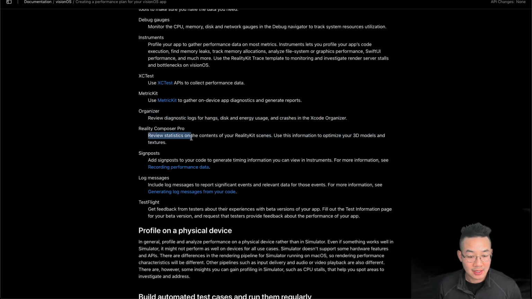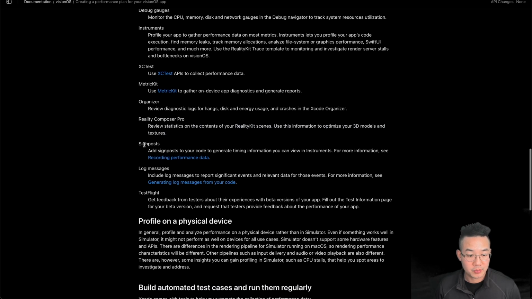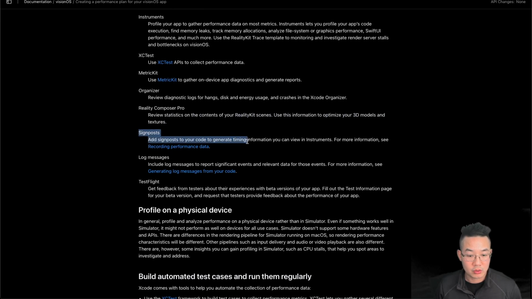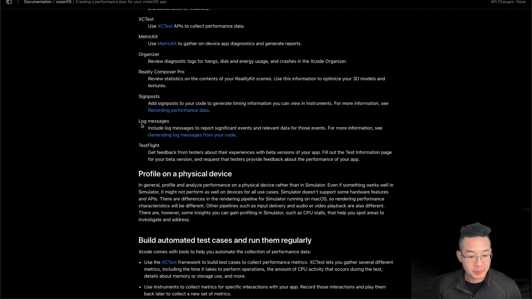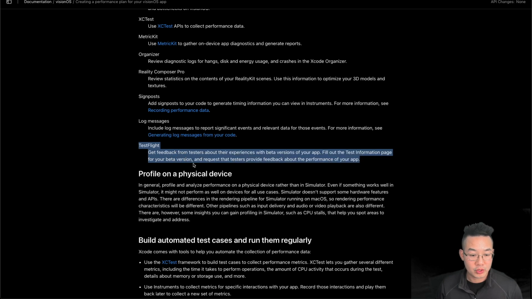Review statistics on the content of your RealityKit scenes, using this information to optimize your 3D models and textures using Reality Composer Pro. Signposts. Add signposts to your code to generate timing information you can view in Instruments. For more information, see recording performance data. Log messages. Include log messages to report significant events and relevant data for those events. For more information, see generate log messages for your code. TestFlight. Get feedback from testers about their experience with the beta version of your app. Fill out the test information page for your beta app version and request the testers provide feedback about the performance